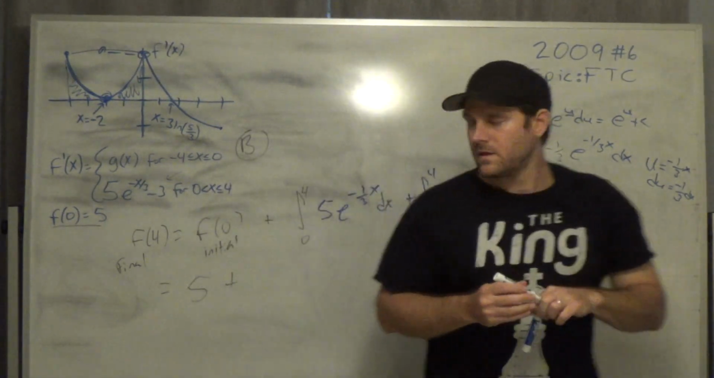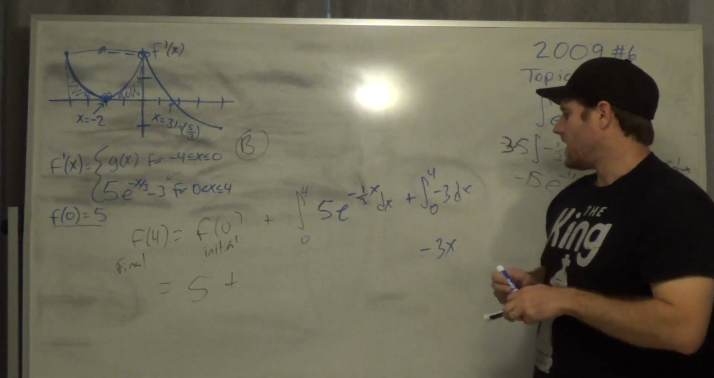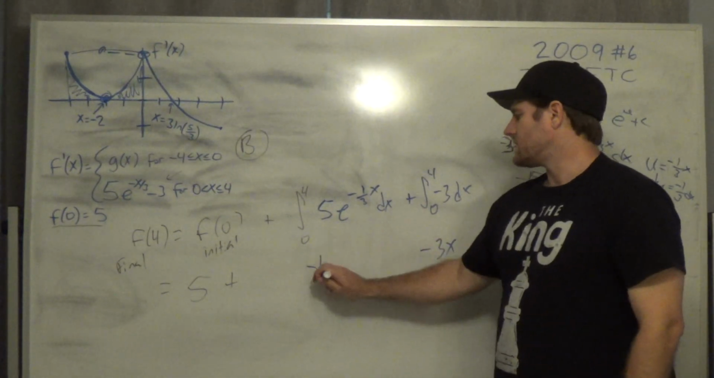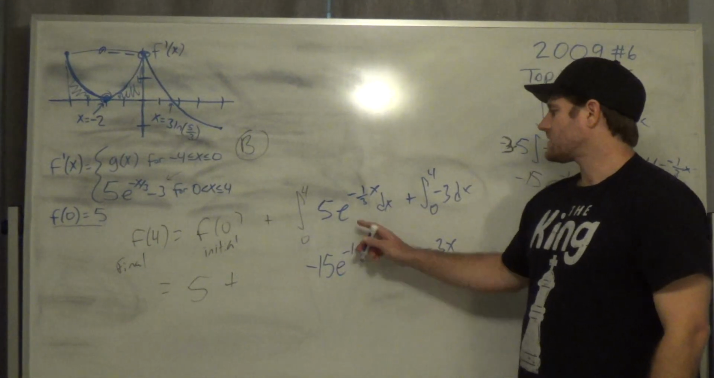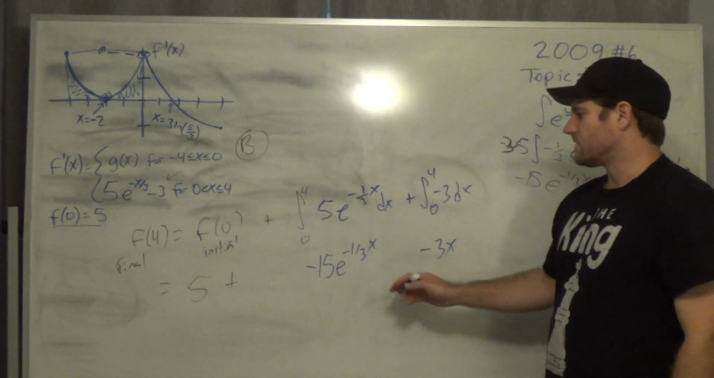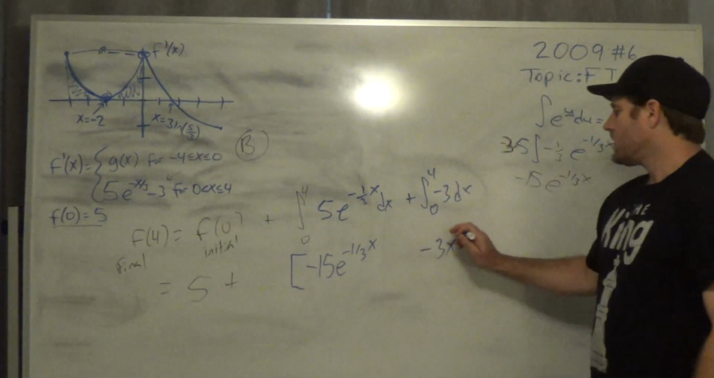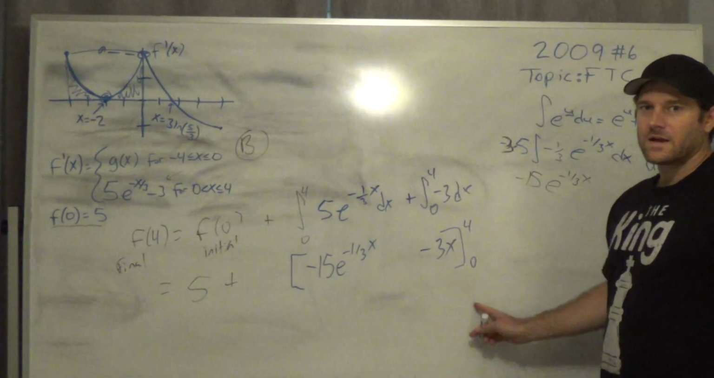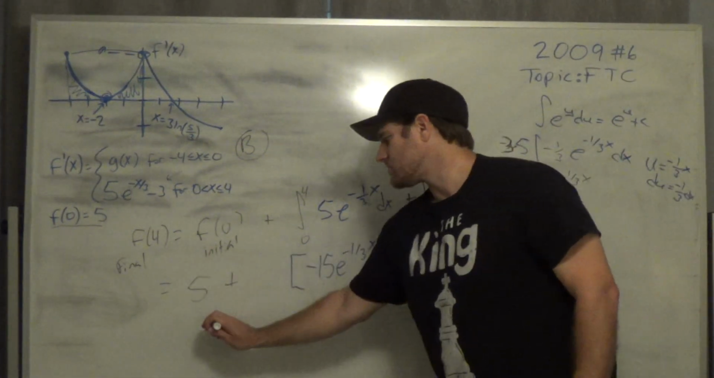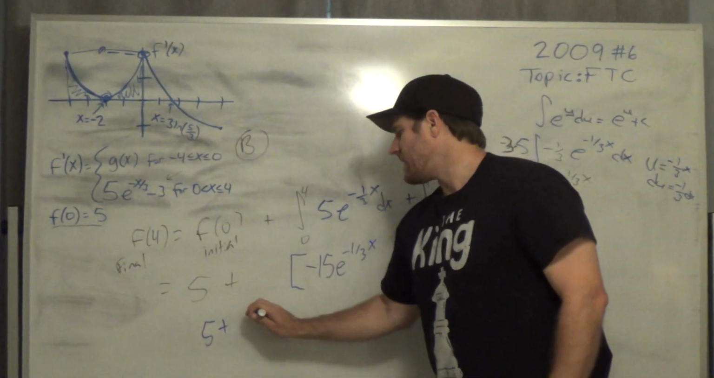Okay. So the antiderivative of this piece right here was negative 15 e to the negative 1/3 x, and then the antiderivative of the negative 3 was negative 3. Now remember, after you take the antiderivative, you still have to plug in the top and bottom and subtract. And we are not going to be simplifying this answer. So my final answer is 5 plus,